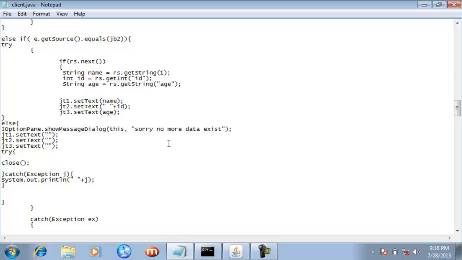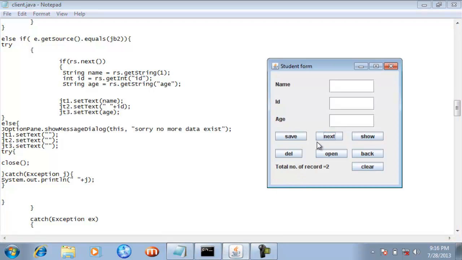Now, as we know that we have only 2 rows, if the user clicks next again, as no row exists, we have already seen a message in front of us that says sorry, no more data exists. So how is that taking place?